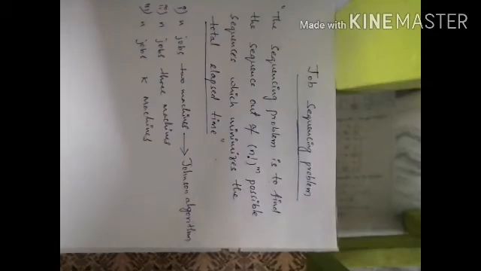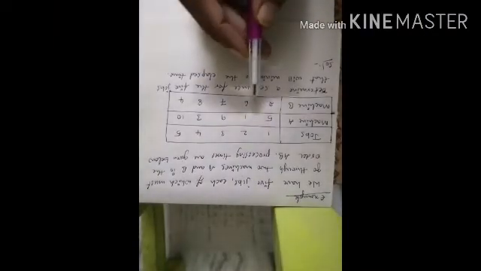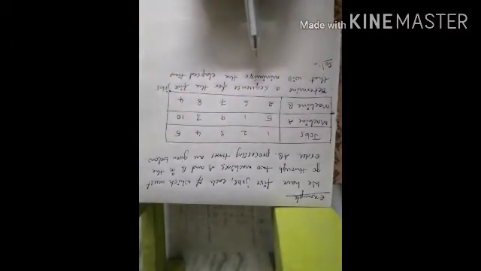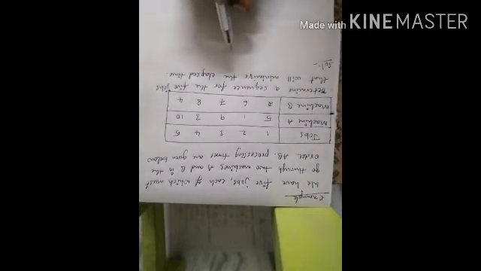So let us see one example problem so that we can understand. This is an example problem of n jobs, two machines. Only two machines are given and the processing times are given. Here there are five jobs. The question asks: determine a sequence for the five jobs that will minimize the total elapsed time. So we need to minimize the total elapsed time.